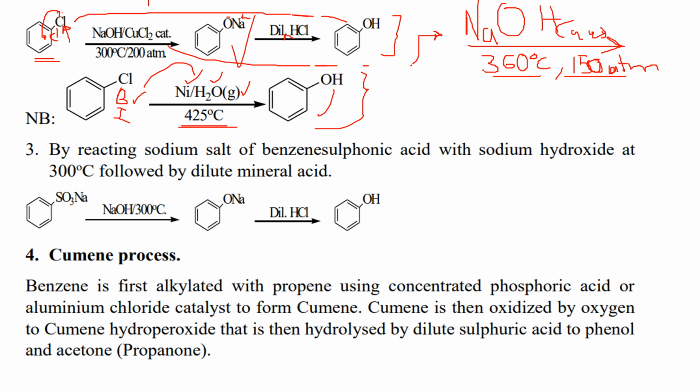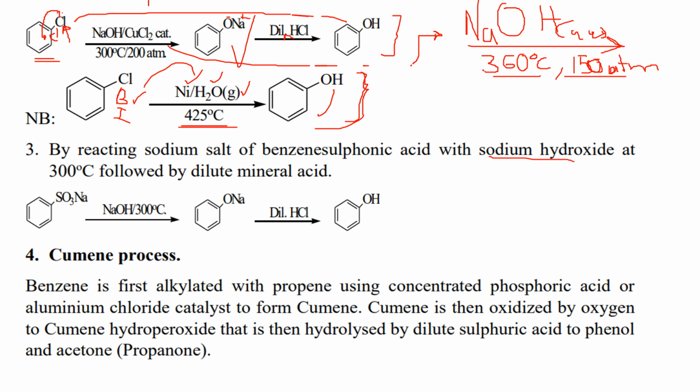Don't say heat, because this reaction is highly specific. So it's going to be nickel catalyst with steam at 425 degrees Celsius to form phenol. And phenol is written in this form. Now, number 3, you can also get phenol by reacting the sodium salt of benzene sulfonic acid with